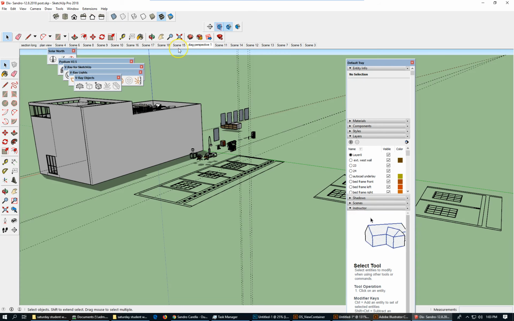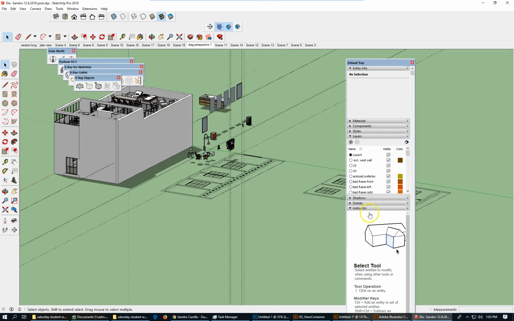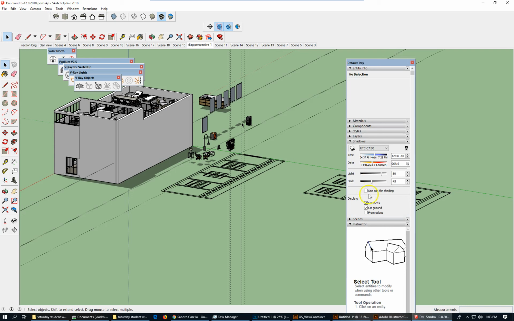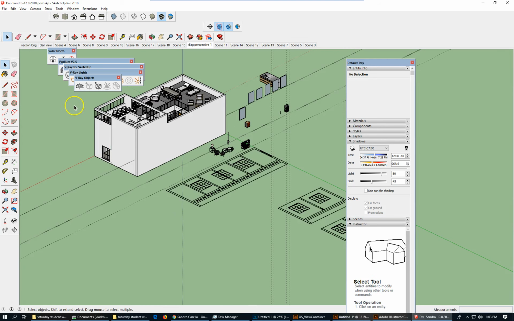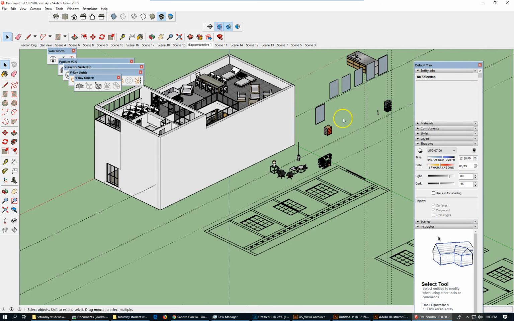And whenever you're performing operations that require measurement or with some kind of exactitude, I would change the camera to parallel projection so that we don't introduce perspective distortion. I would also turn off shadows if I don't need them because they add to processing time. Okay, so here's a view of the model that will be useful, that we'll build on,